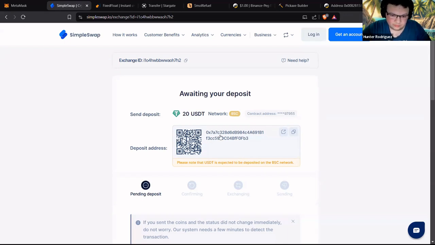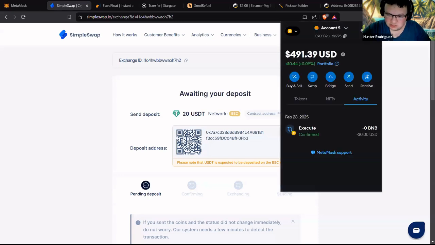All right, so we can see here that we have a deposit address that SimpleSwap has given us. This is the address we're going to send our 20 USDT to. So we can go ahead and click this button here that looks like two pieces of paper, and that'll copy that wallet address. Then we'll go up to MetaMask,